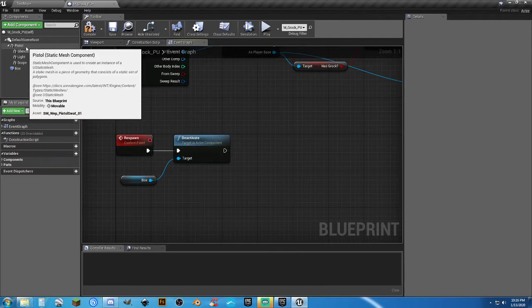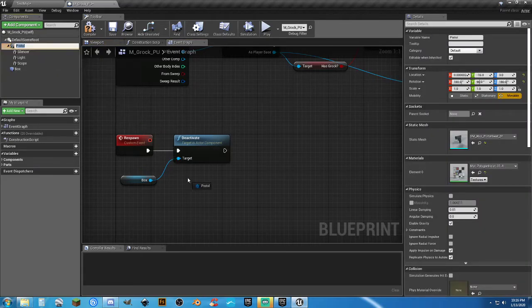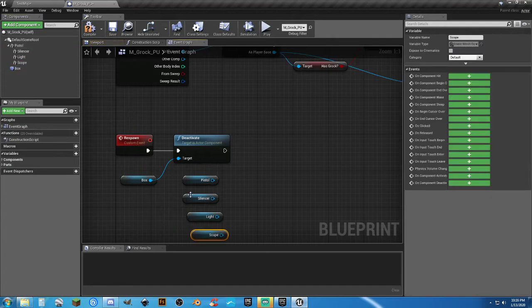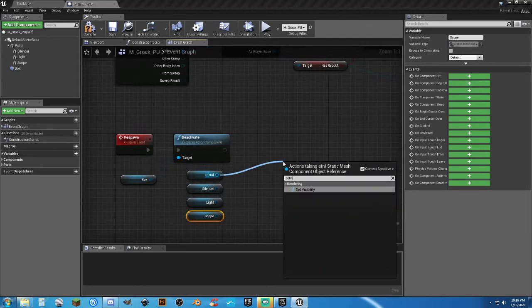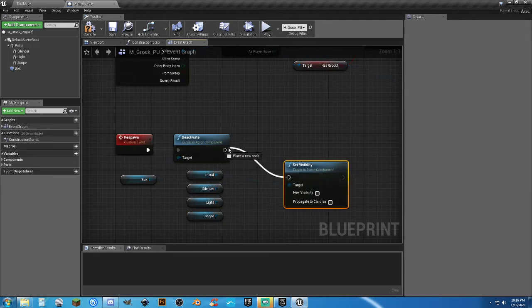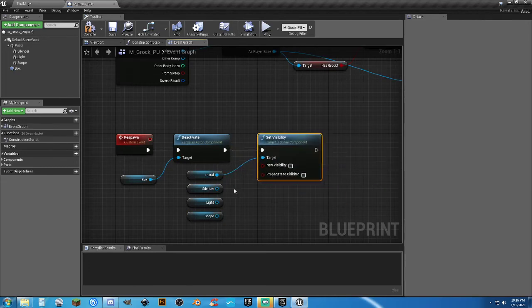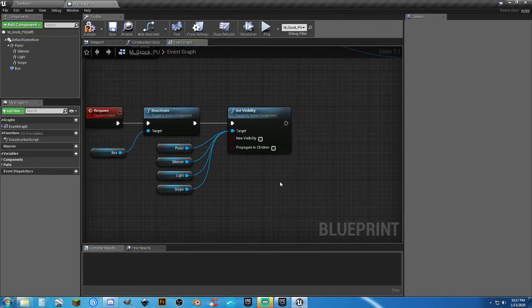We would then have to go in here and get a reference to the mesh, and the other one, and we need to set visibility so we can turn it off. Leave this unchecked, by the way. And we need to plug all these guys into that same target. So now the box is just deactivated. We've turned off the visibility of the pistol itself, and then